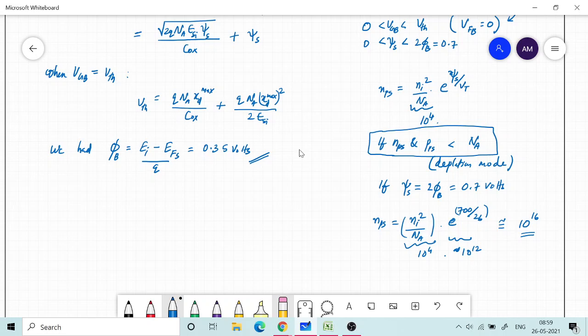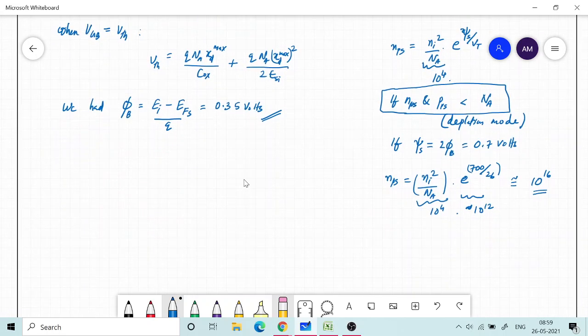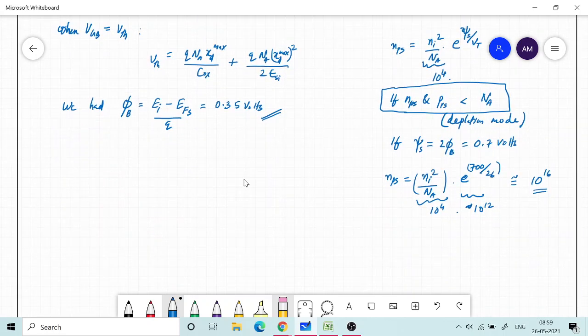So therefore what happens is that the concentration of electrons, or the charge which is going to appear due to the free electrons, becomes much larger compared to Na, and therefore our expression will no longer be applicable. So the point at which this happens, the depletion region width at which it happens, we are referring to as SD max. You can see that by drawing the energy band diagram also.